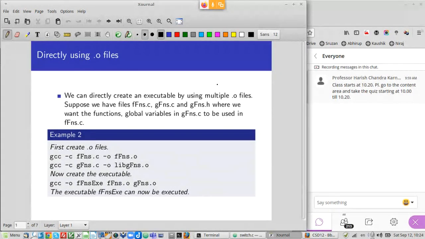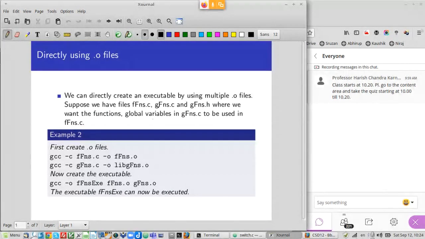you can simply compile the library that you want. That is the first step that we did in making a library. Compile it with the -c option, get a .o, that is an object file, which is the machine language file essentially, and then you can generate your executable using GCC directly by giving all the files that are required, right? So here is an example.